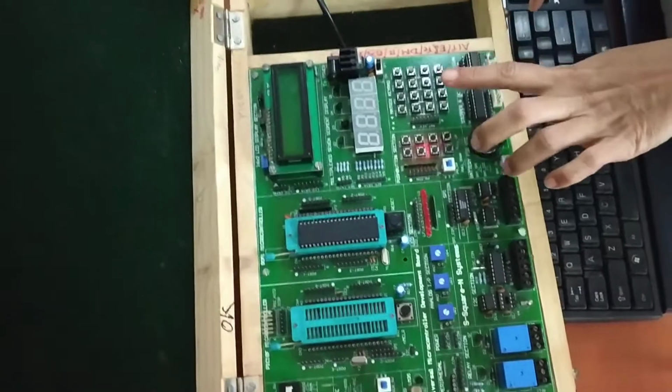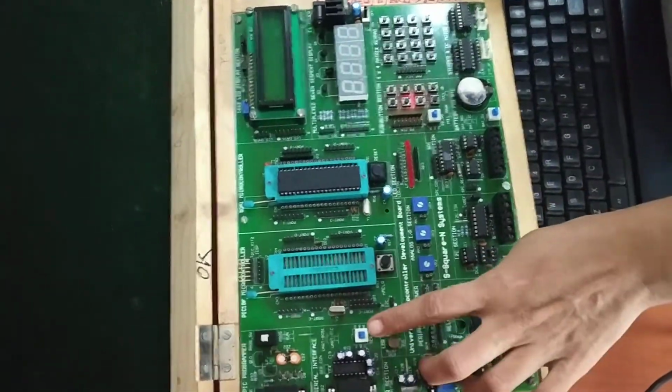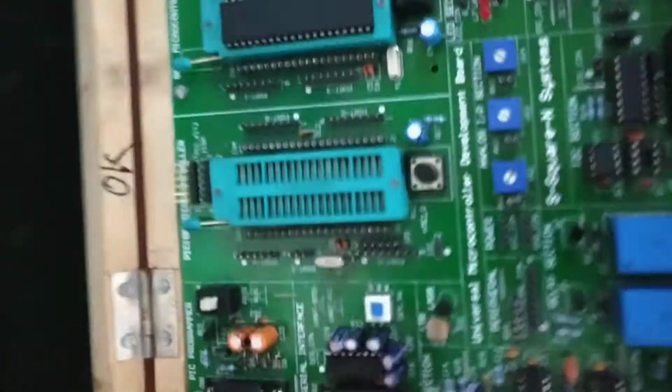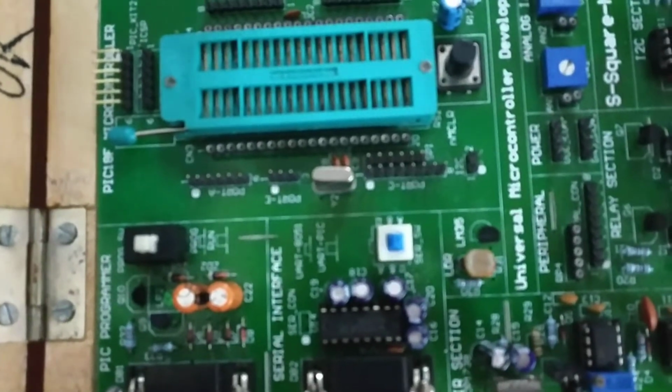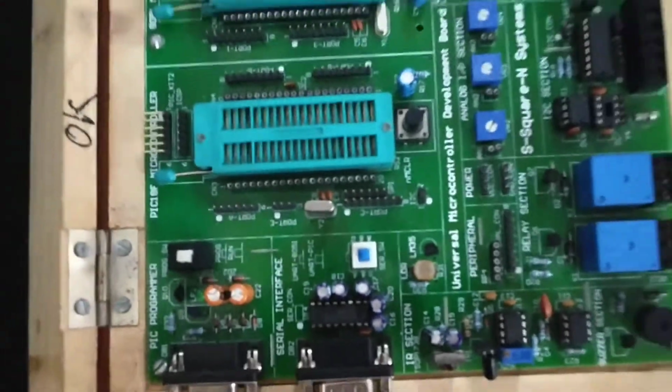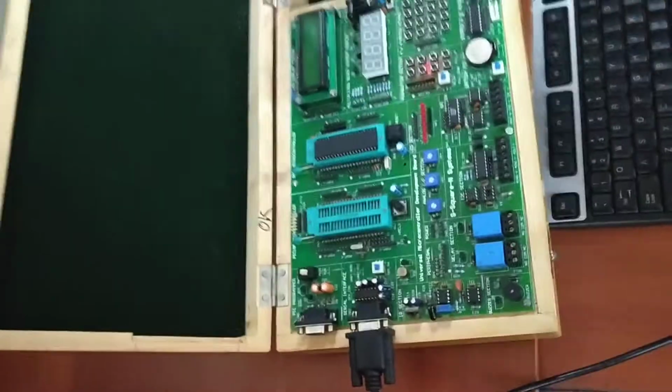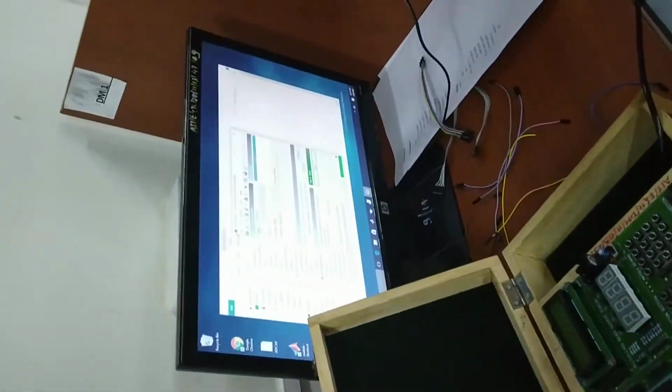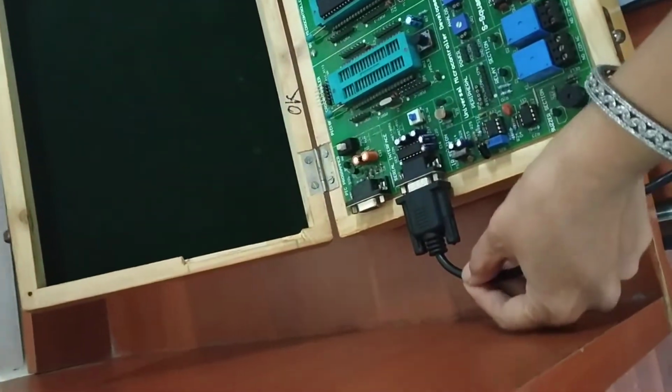With this button we have one more switch, called the press switch. This is press down and this is press up. When we press down, that is program mode. Whenever we want to load a program from Flash Magic into the chip, we have to press the button down. Now it is released, now we are going to press. And whenever we want to run, we have to release it, that is go up, which is run mode. With this we have a connection to the 230 volt supply. We also have one more, the RS232 connector.